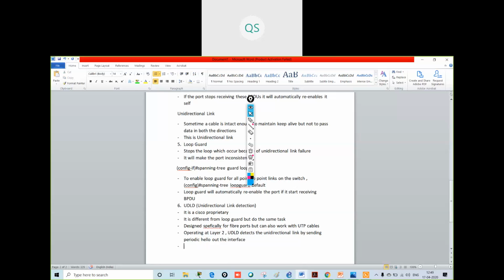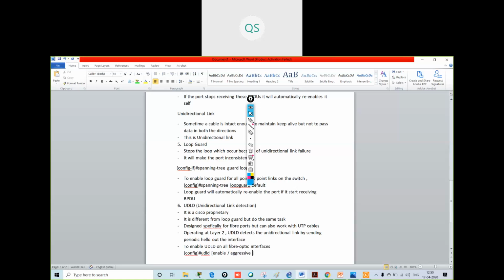Now, how can we configure it? What is the command? To enable UDLD on all fiber optic interfaces, you have to give the command in the global configuration mode: udld, and you have to select one thing, enable or aggressive.